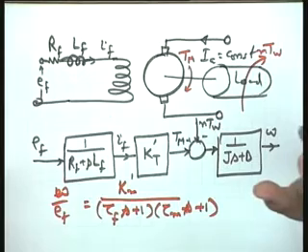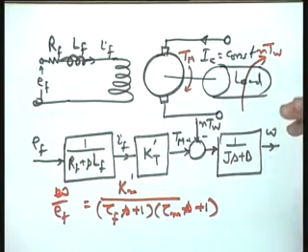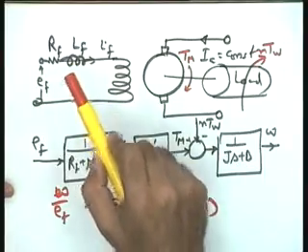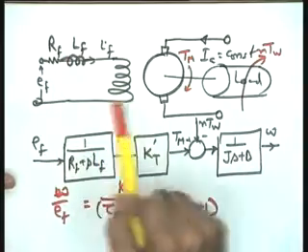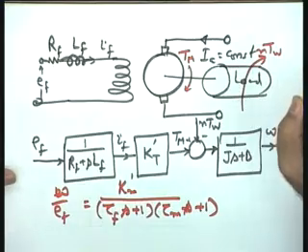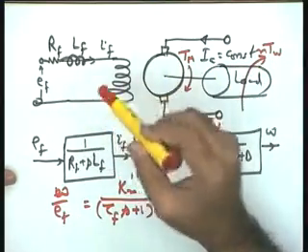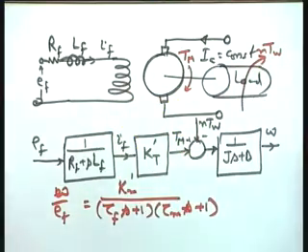Now, as I said, I would like you to understand how this selection is made, as to which motor you should take for the purpose of control when a particular application is given to you. So, as far as the field circuit is concerned, the great advantage is this, that the requirement on the power amplifier will be low, because the total amount of power required to drive the field circuit is lesser than that required for the armature circuit. So, the controlling unit, the power amplifier in this particular case, is going to be less costly.